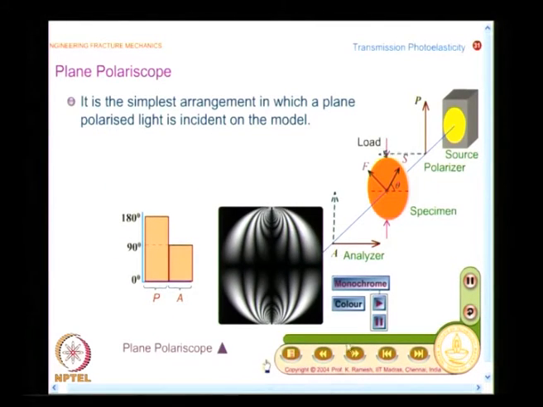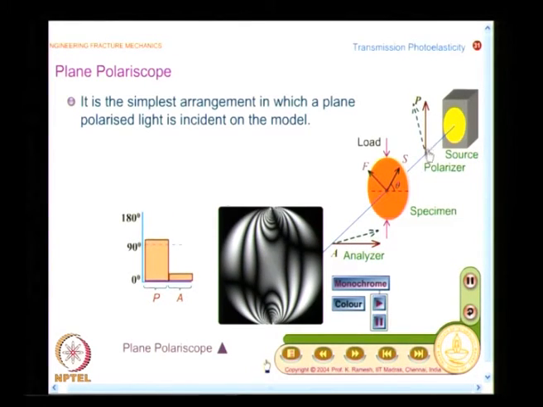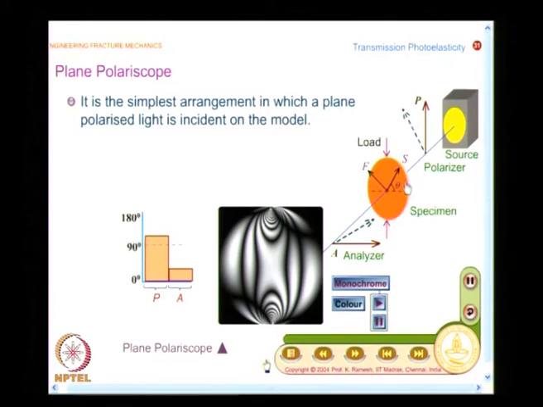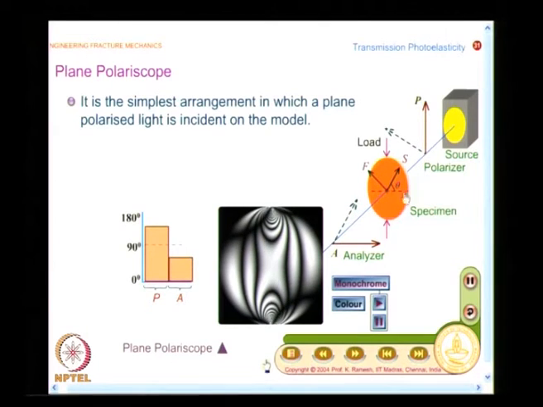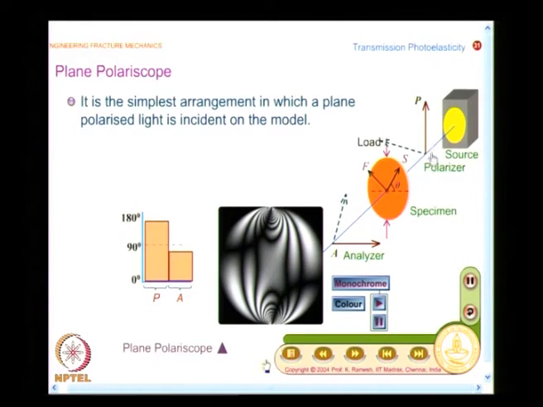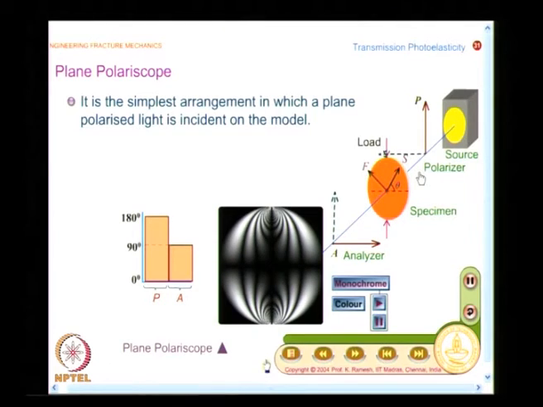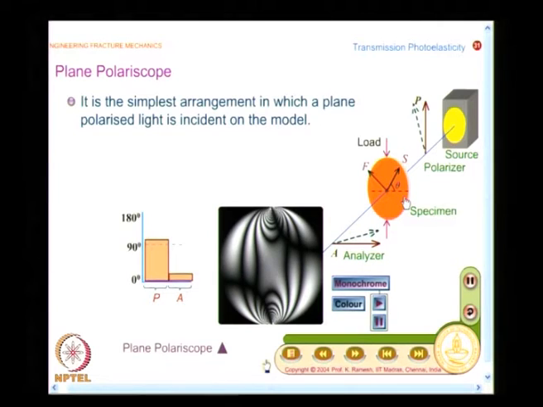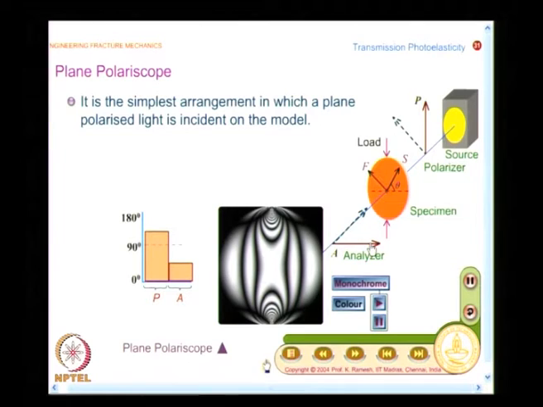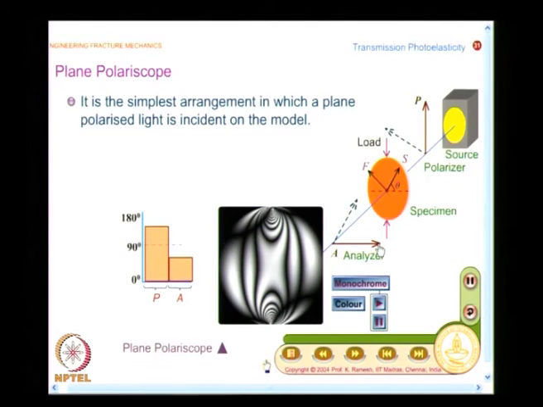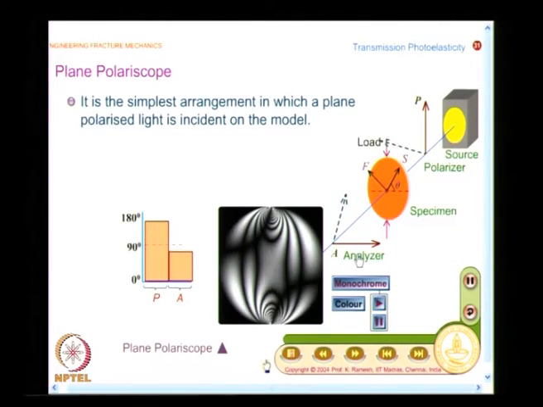So, what we are going to do is we have looked at a plane polariscope where I have a polarizer, I have a model, and I have an analyzer. So, what I need to do? I need to put the polarizer in its mathematical representation, then just replace only the model by the matrix that you saw. That is all you have to do. I do not even have to worry about the analyzer. If I look at only the horizontal component of that, I know what is the light transmitted by the analyzer. It is as simple as that. It is too simple.